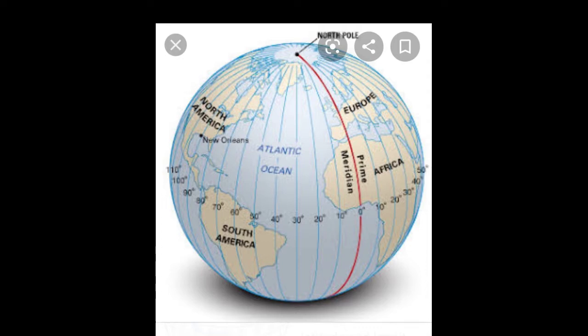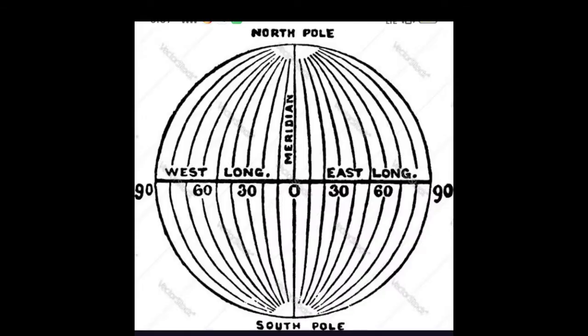The 0 meridian and 180 meridian lie opposite to each other. They divide the earth into the eastern and western hemispheres. All meridians are of equal size. Meridians of the eastern hemisphere are labeled as 10 degree east, 25 degree east, 135 degree east, while in the western hemisphere they are labeled as 10 degree west, 25 degree west and 135 degree west. Cairo, Harare, Durban in Africa are on 30 degree east longitude.